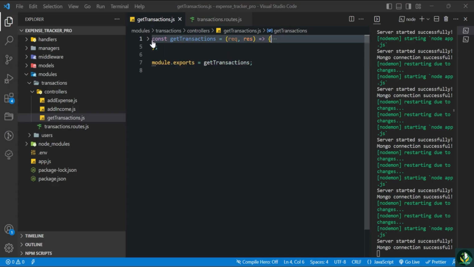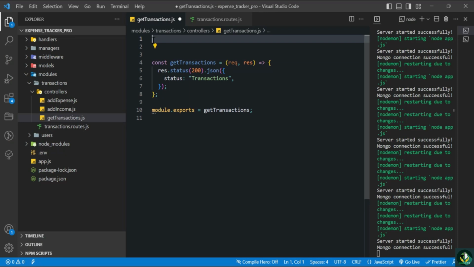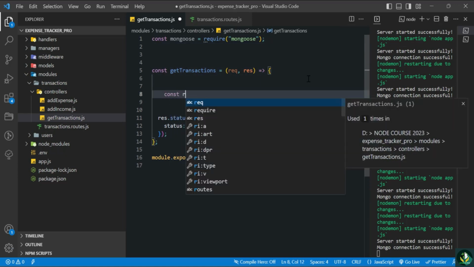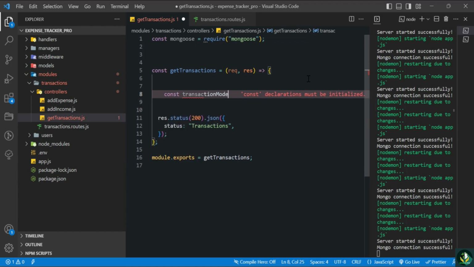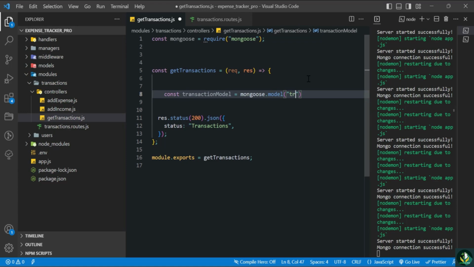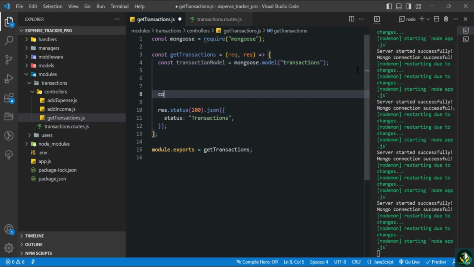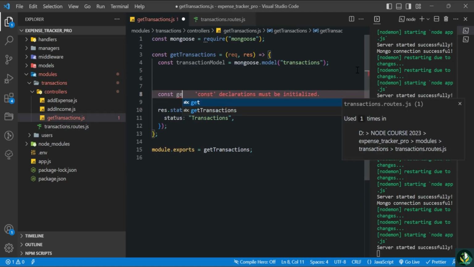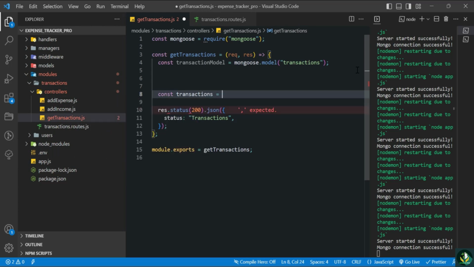So now let's work on get transaction. Let's start by importing Mongoose. So const Mongoose, first to require Mongoose, right? And we'll be working on the transaction model. So const transaction model equals to Mongoose dot model and then transactions, right? Let's save this. In the next line, we'll be creating a variable of get transaction, or let's simply write transactions only, right? And then it will be await. So need to use async here,